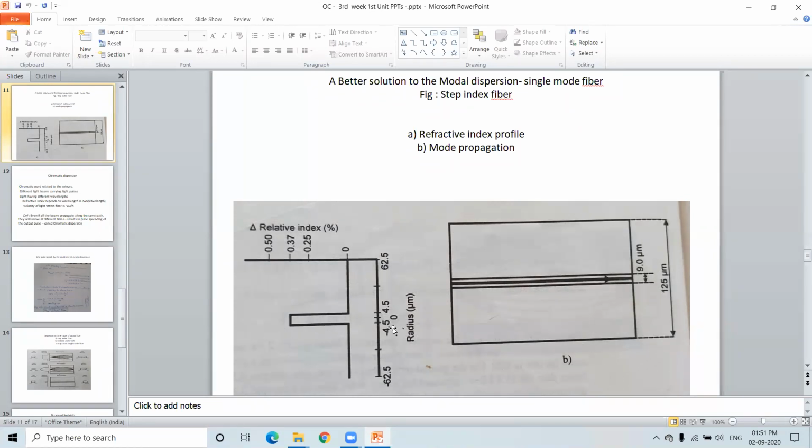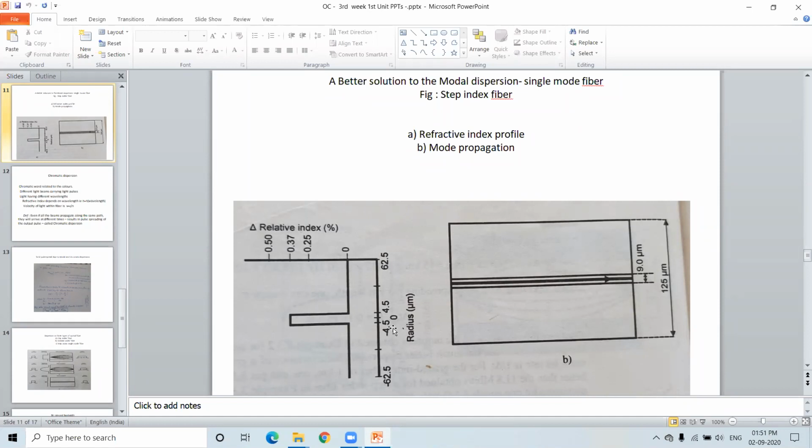today we considered the first solution to intermodal dispersion, the graded index optical fiber, where various refractive indexes are present in the core region, whose core diameter is 62.5 micrometers in the case of multi-mode. So different layers have different refractive indexes, therefore more modes travel at different velocities and reach at different times, giving pulse spread. That is one point we considered.